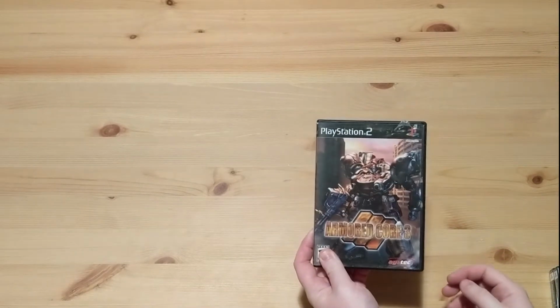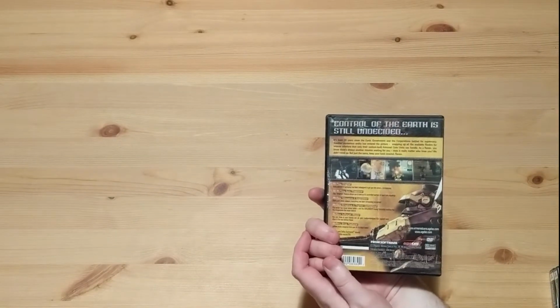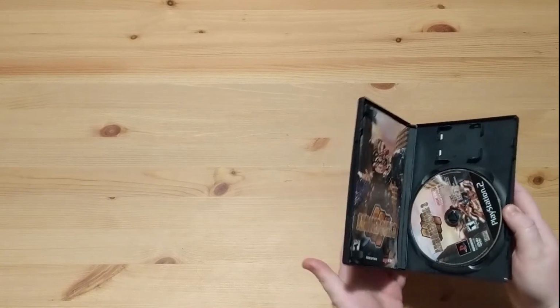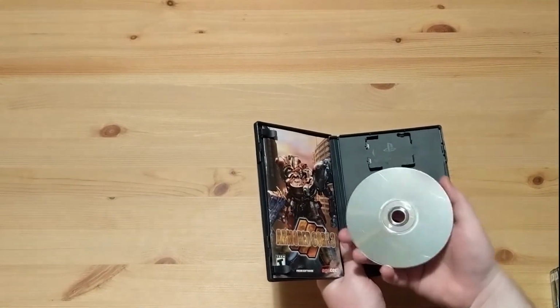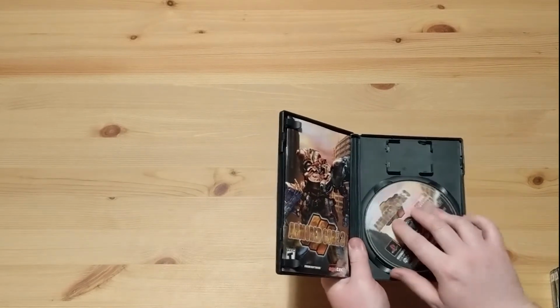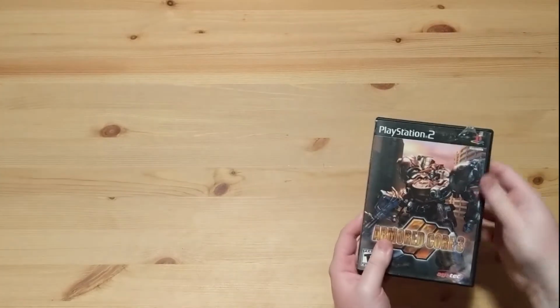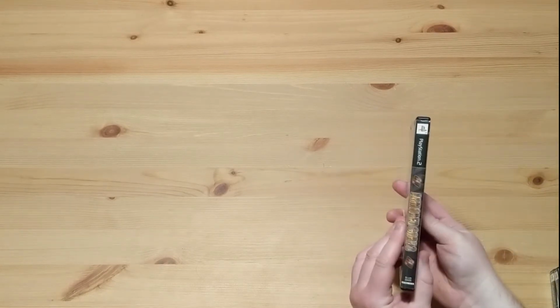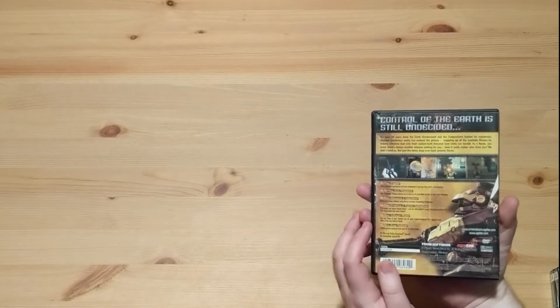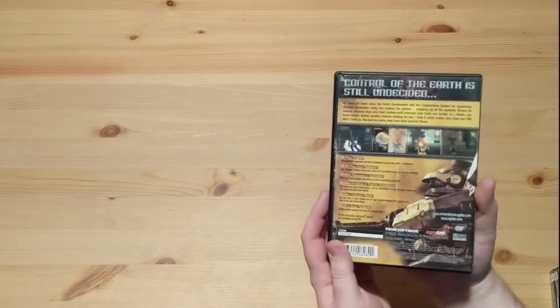So the first one, Armored Core 3. And this is another one that I did already have, but I was missing the manual and it was in bad condition. So I think that I'll take this one to use. There is a little bit of tape at the top. This one's actually in pretty good condition. Maybe the back isn't the greatest, but